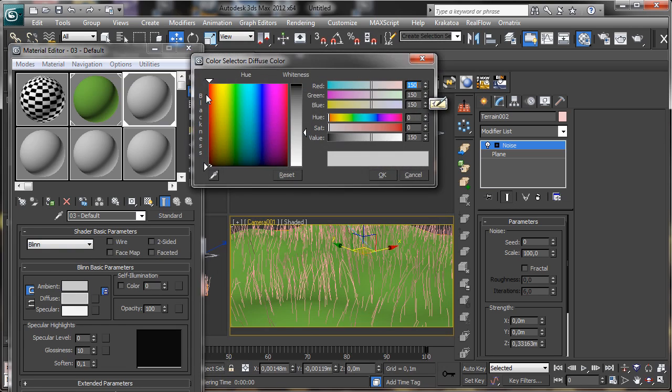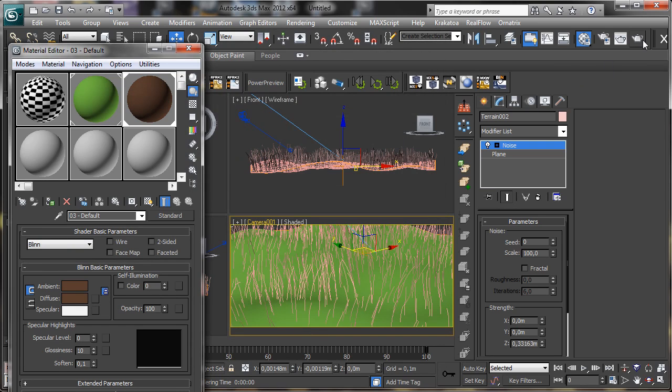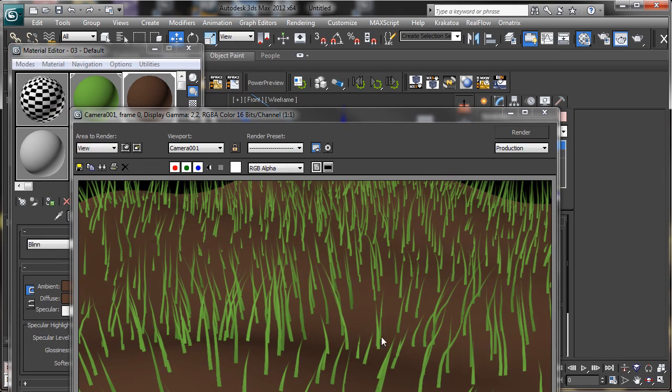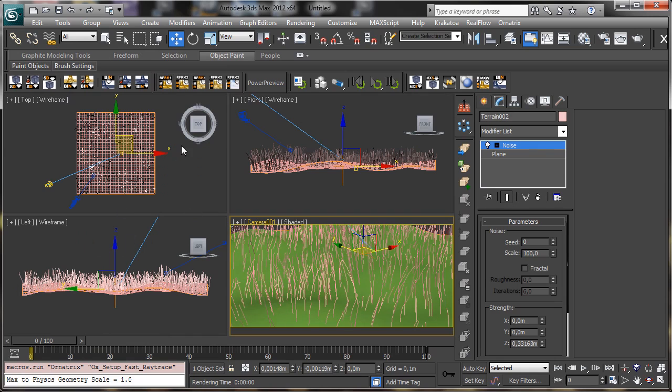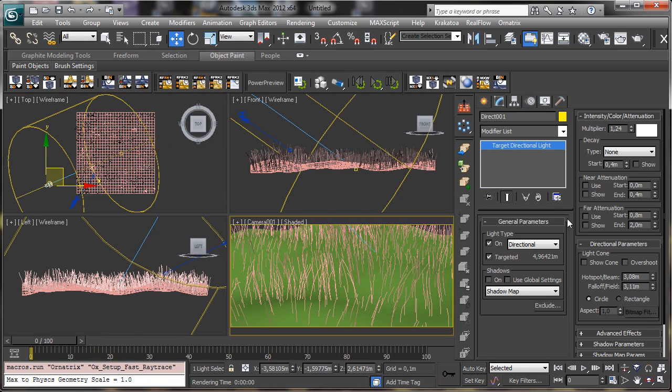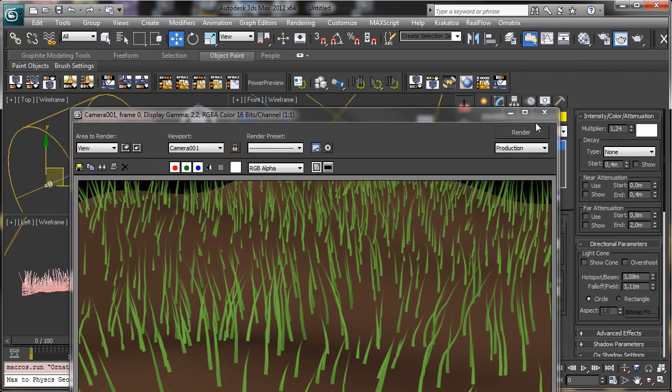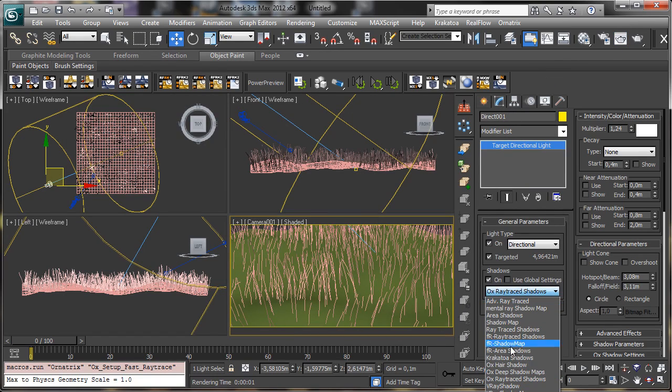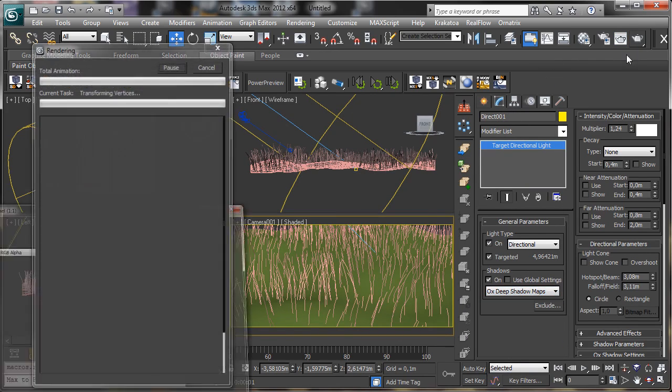And let's assign another color. We are doing a really simple test, so I'm not working. So you see that now we have the ground there. Let's select the light, and let's say that we have shadows. Let's go for ray traced shadows just to make a test, and let's go for deep shadow,